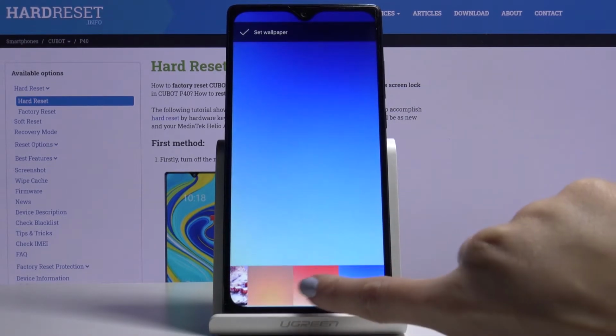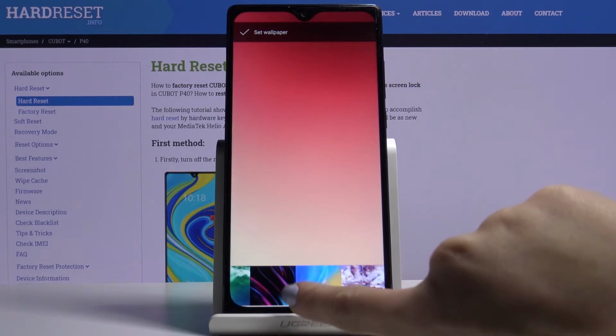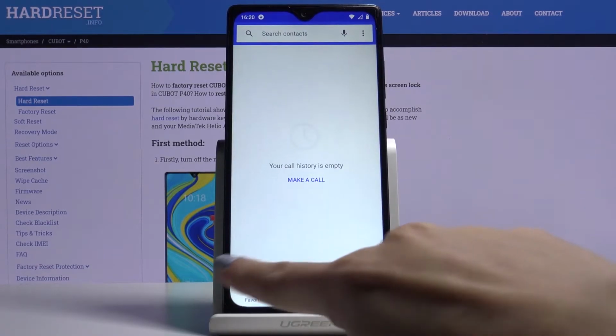And blue as the last one. Then just select the one that you would like to apply to your device. Okay, so let me